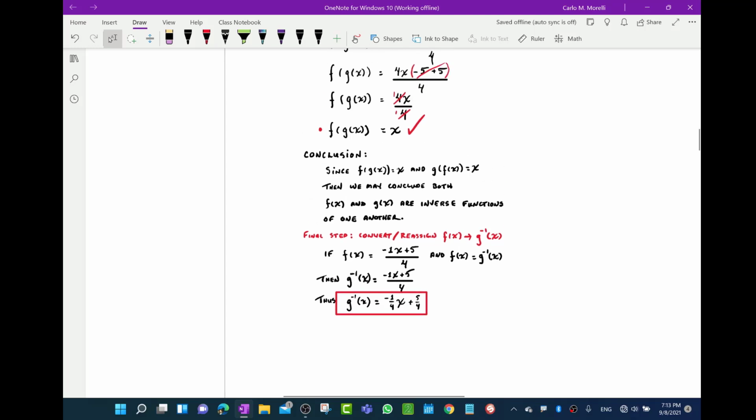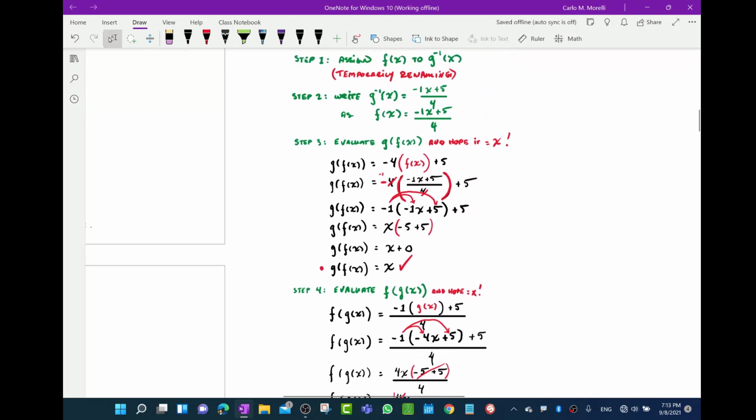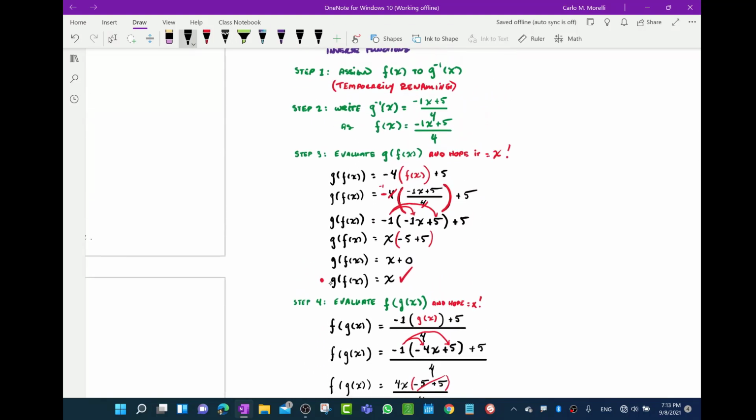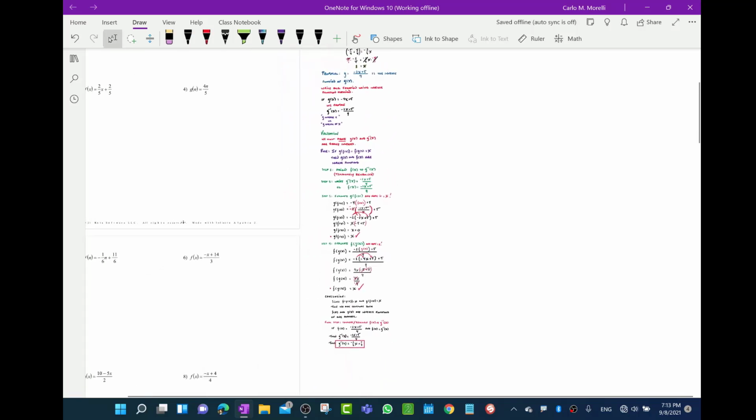Like if you found out on number 1 that you couldn't get this to equal x, but you'd written out all the steps really neatly like this, then it'd be very simple to just scroll through your problem and say, right here, you forgot to distribute the negative or whatever it is. So that's why I'm insisting on this kind of